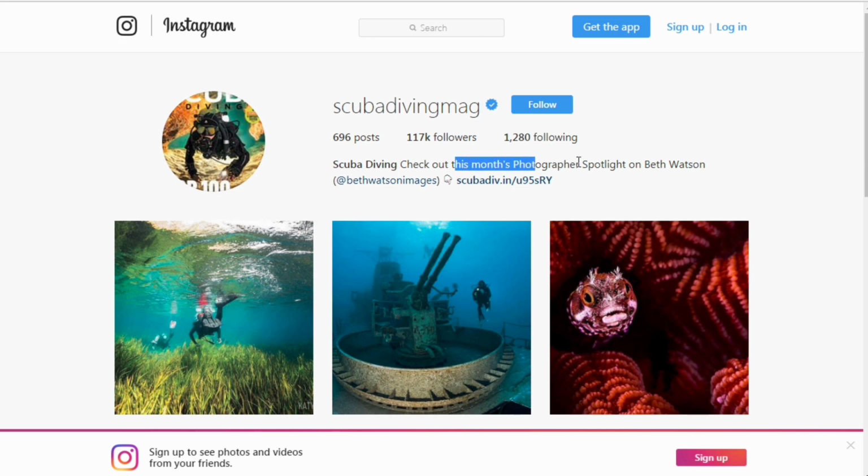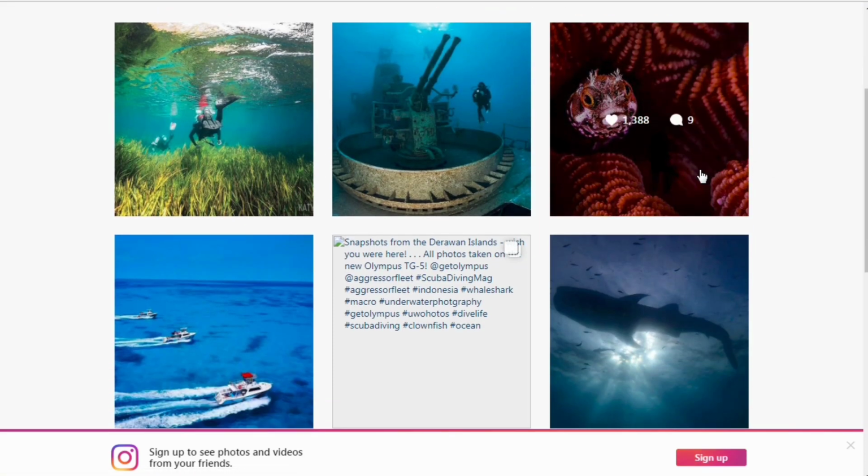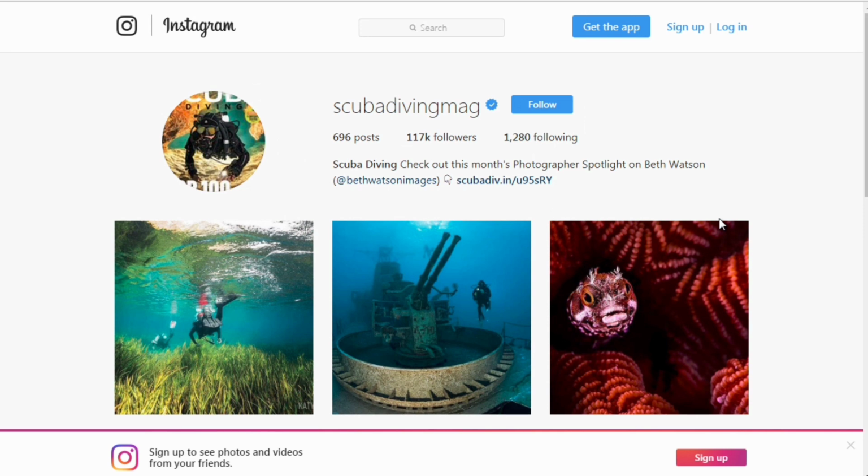Now, she's more into photography, so she's probably going to attract people who are into photography, so it's not really going to be scuba diving equipment, but rather people are probably going to want to know, hey, what camera are you using? What equipment are you using? What scuba diving equipment are you using? And all that for the purposes of photography. So you see how in this example, it may not necessarily be that she's selling scuba diving equipment, but rather she's attracting a specific type of mindset. So you have to get an idea of who you are attracting. In this case, scuba divers who love photography.